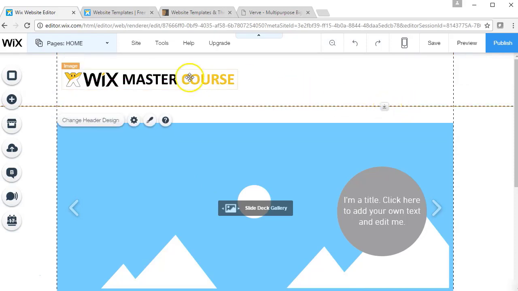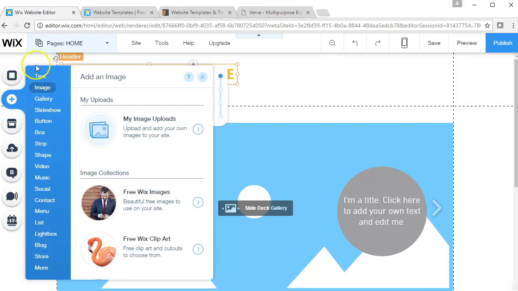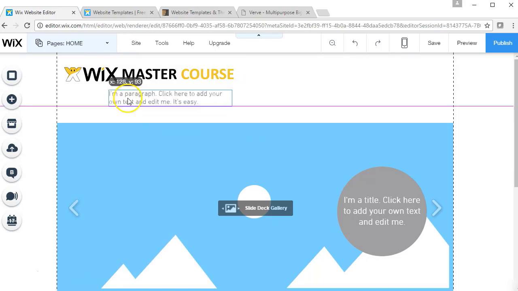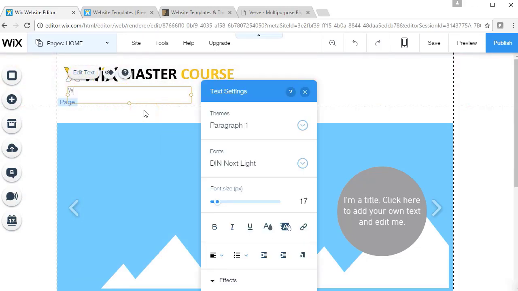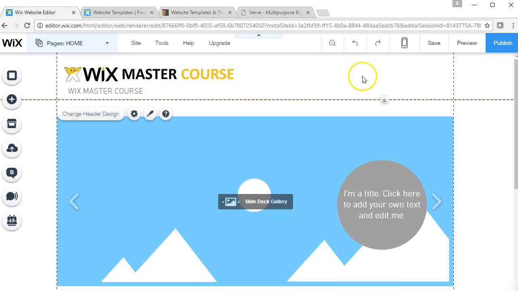Now, if you don't have a logo, you can of course add in text. So I'll show you another example. You can click on the plus sign and you can add on text. And you can select right here. I'll drag it up to the header section, and then I can simply type in the name of my business or the website. So again, it could be the same thing, except it's just text. And that will serve as the point of my logo. Now, I'll go ahead and delete that out,